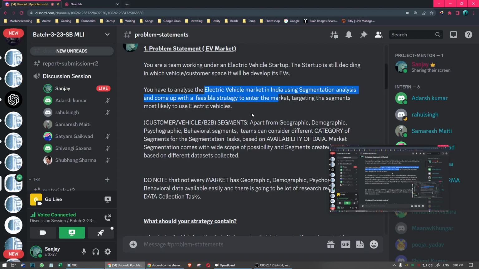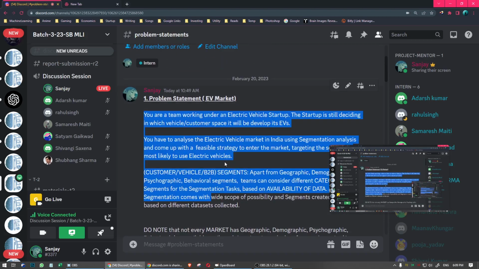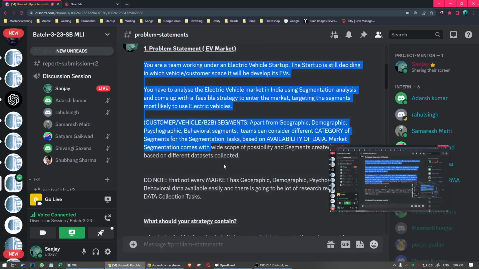data set and then see what type of age group will prefer the EV market, what type of income group will prefer the EV market, and what type of vehicle, whether it's a two wheeler, three wheeler, or four wheeler, or like sedan, SUV, what type of vehicle will sell the most. These questions you have to answer, right? So that's all you have to find out, and all the results you get